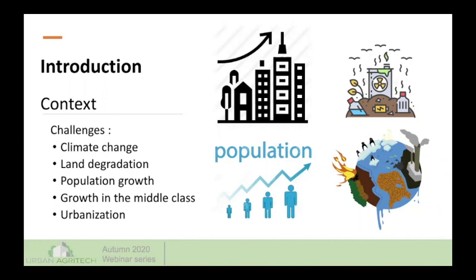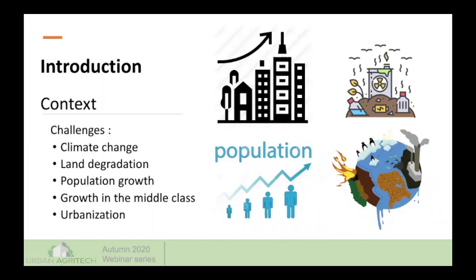So, quick introduction. As we all know, food security is very important and on everybody's agenda, but it's currently facing challenges such as climate change, land degradation, the growth of population, more precisely the middle class population, which therefore means there will be an increase in high nutritious food demand, and we're losing agricultural land also to urbanization. Therefore, researchers are looking for alternatives and ways to combat this, and a technique that has come out of it